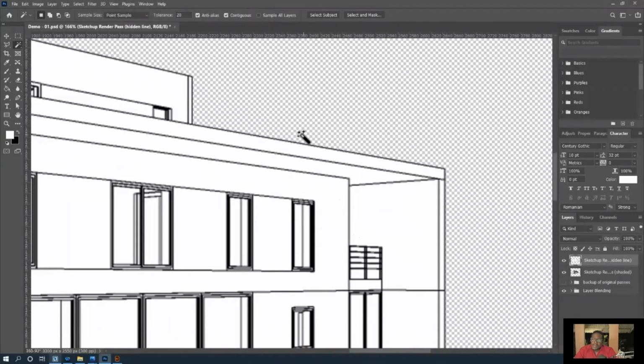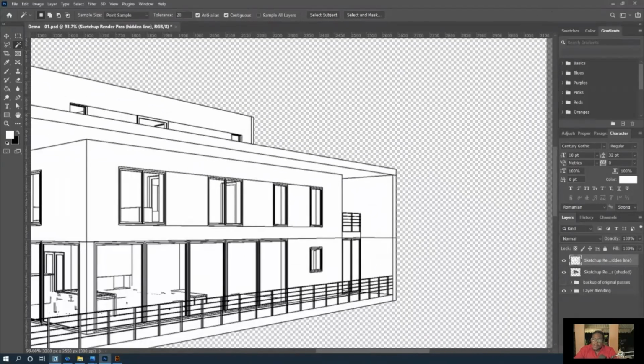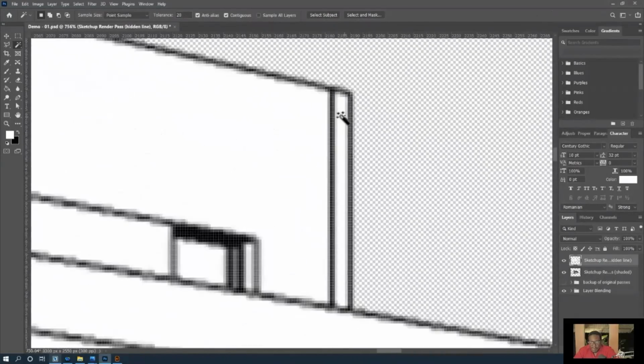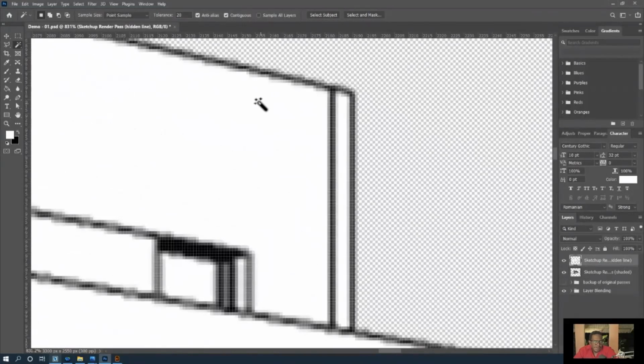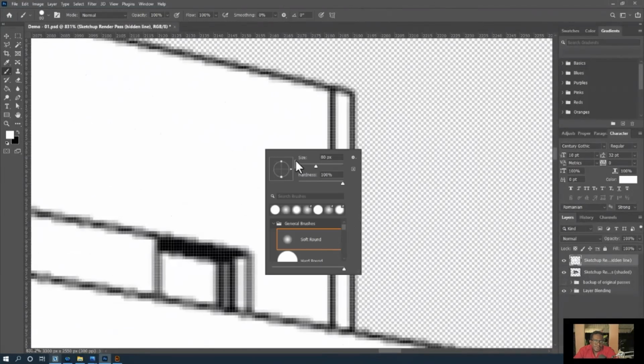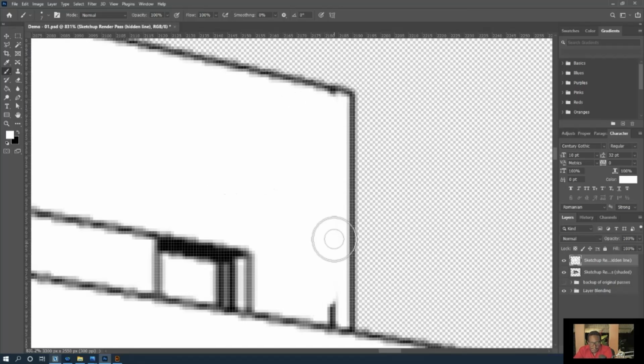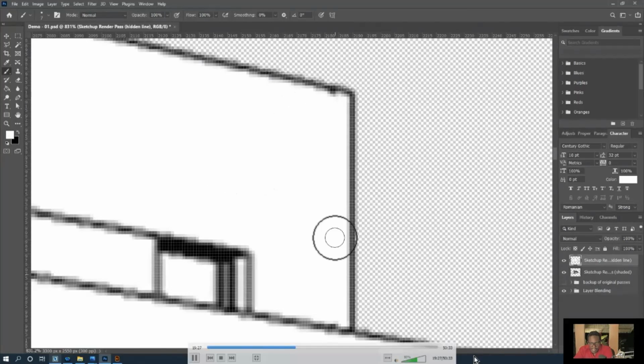Now let's make a simple color change, but before I do the color change, I'm going to also do some more editing on this pass. So what I'm going to do, I'm just going to use my brush tool here and let my brush be 100% sharp and very small. I'm using the left and right brackets to make this small, and I'm just going to kind of wipe out this line here